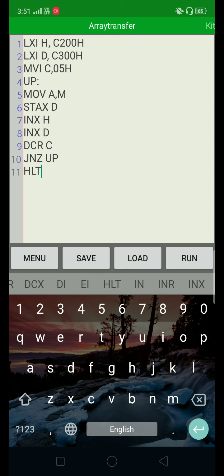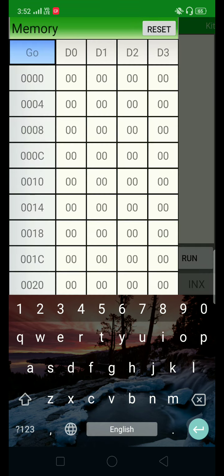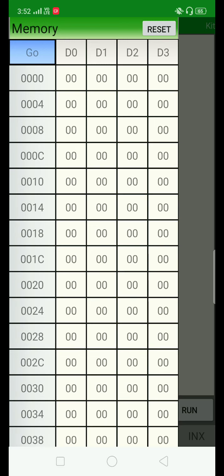After this you have to save 5 numbers in array 1. For this, just open the memory window. So from the left hand side corner of the screen, just swipe right to open the memory window.